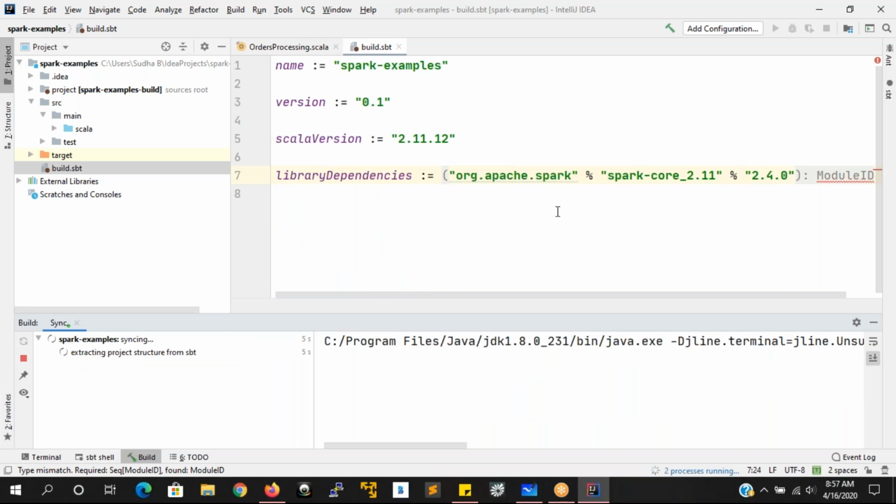It is going to take a good amount of time to add all the libraries downloaded from your Maven Central library.